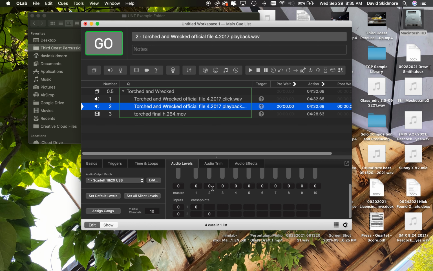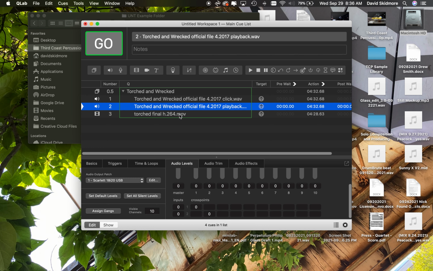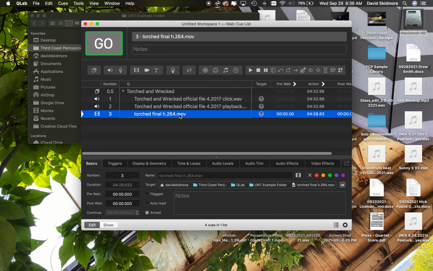It's routed to outputs 1 and 2, which is what I want. 1 and 2 on my audio interface send audio out to the front of house. Back up here on my click track, 3 and 4 send audio to the headphones. So I want the click going to 3 and 4, playback going to 1 and 2, and then similarly for